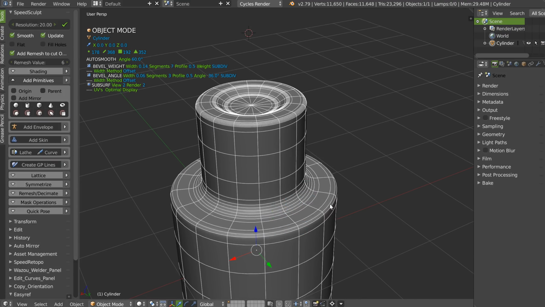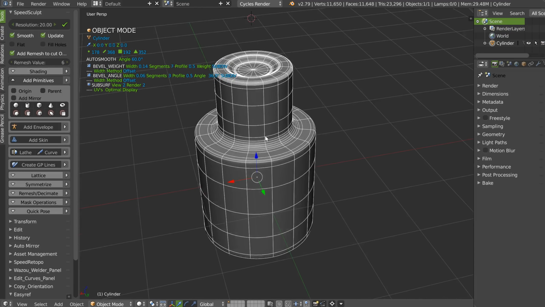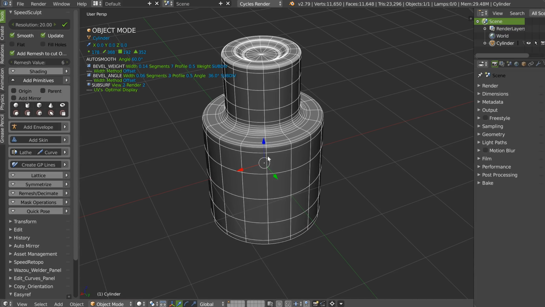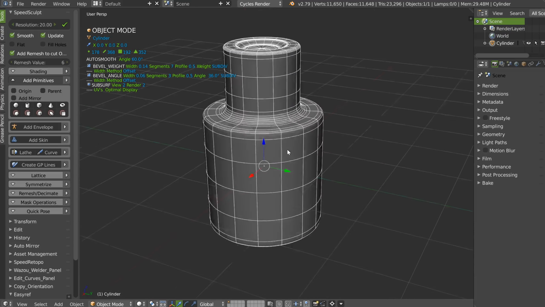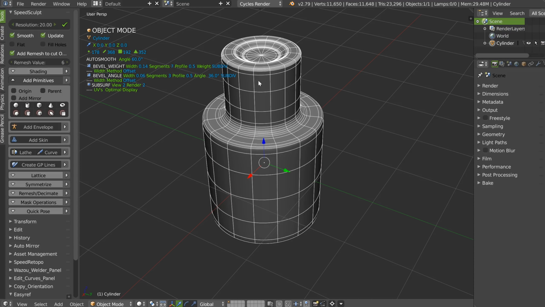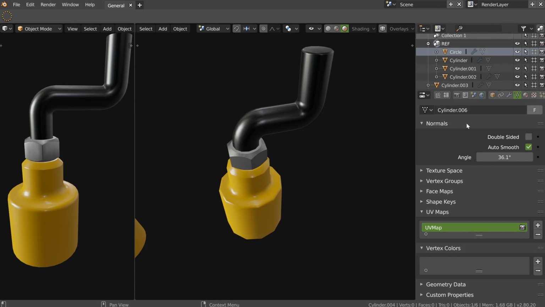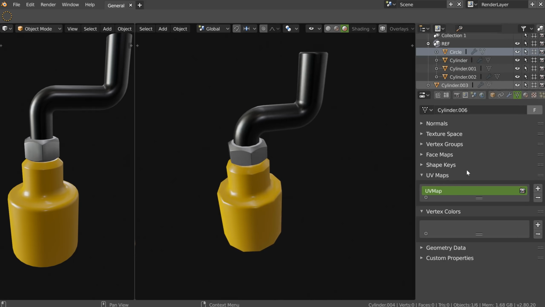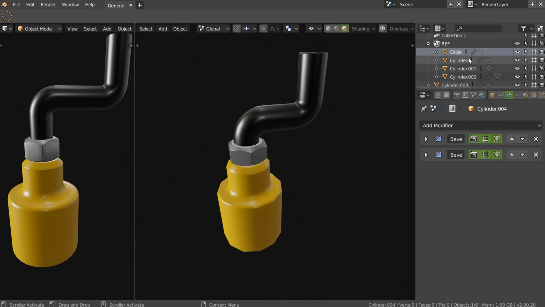So with SpeedFlow, this is the only possibility we have to make this kind of process and to make it as easy as that. But in Blender without add-ons, we have too many things to do to get what we want.